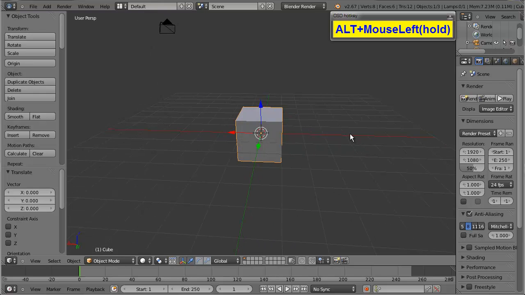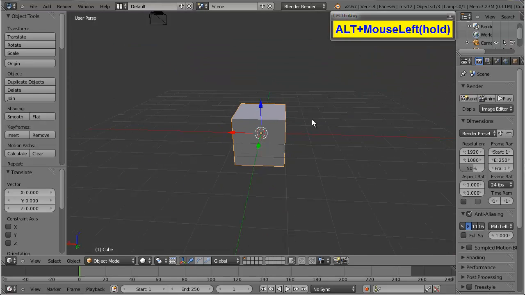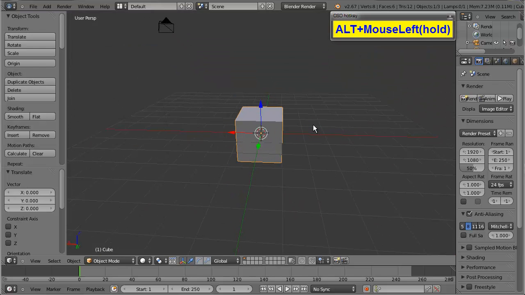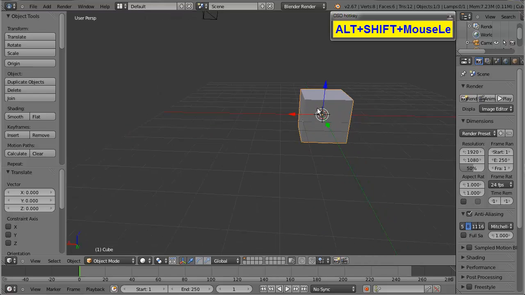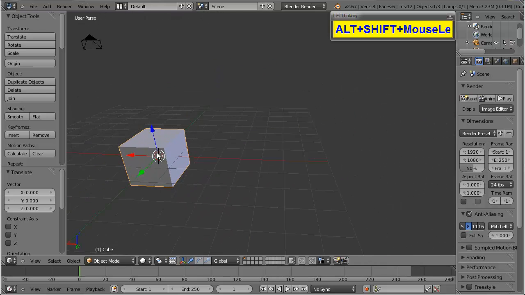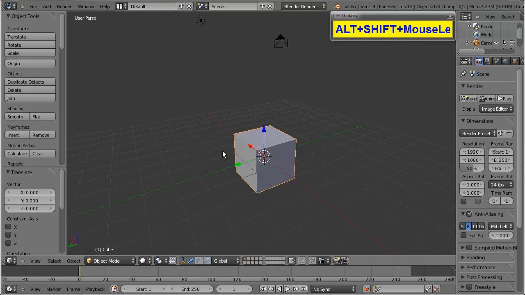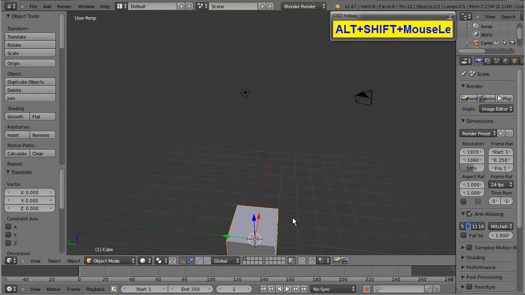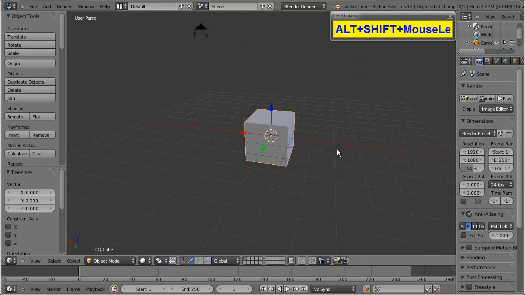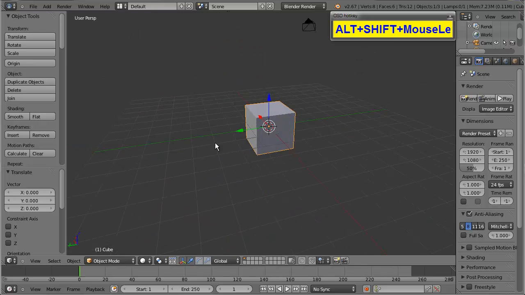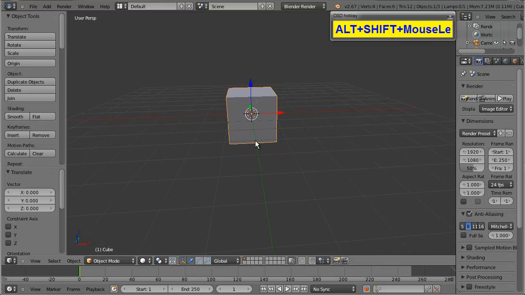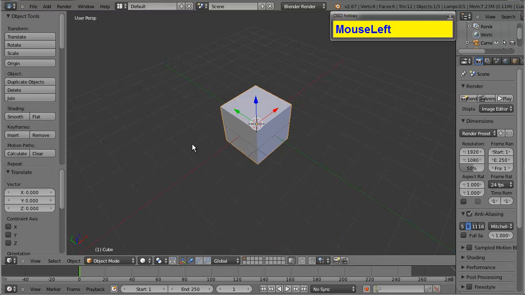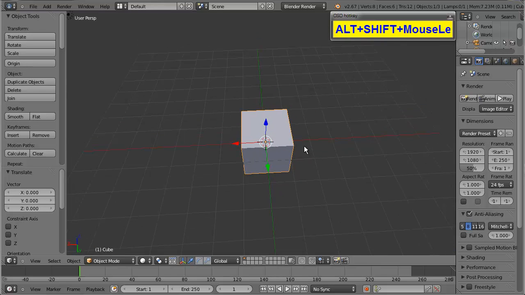If I hold Alt and Control down, it allows me to zoom in and out. And if I hold Alt and Shift, I can move on a plane, just side to side, up and down, which makes modeling very easy. For me, anyway. It may not be that way for you, but